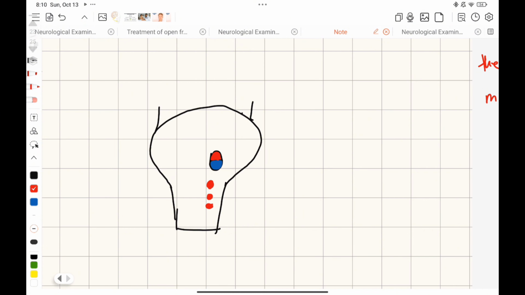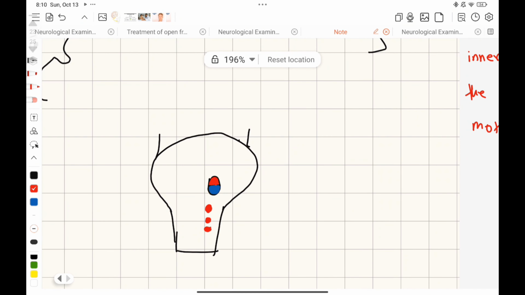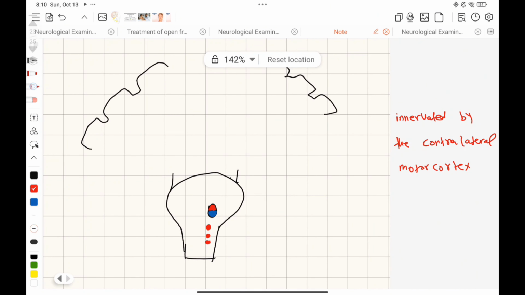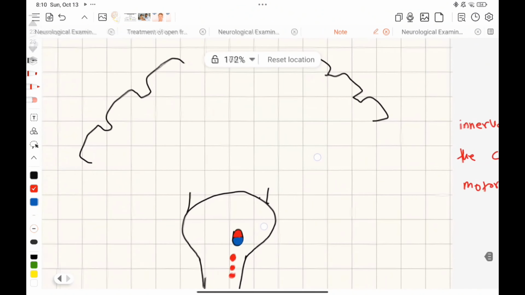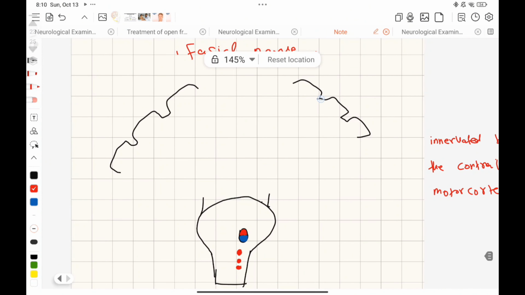Okay? The upper portion of this nucleus receives motor cortex information from the ipsilateral side, the same side, by a tract called the corticobulbar tract, and also receives from the opposite side, from the contralateral side,